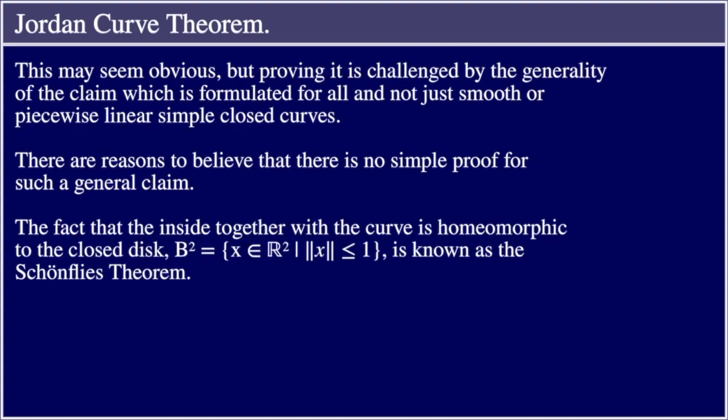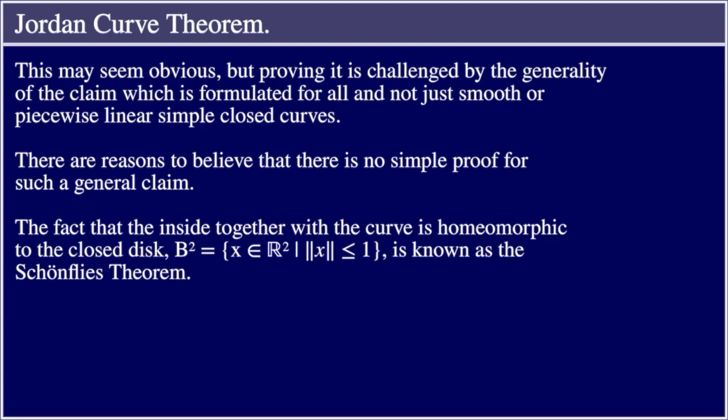This may seem obvious, but proving it is challenged by the generality of the claim, which is formulated for all and not just smooth or piecewise linear simple closed curves. There are reasons to believe that there is no simple proof for such a general claim. The fact that the inside together with the curve is homeomorphic to the closed disk, B2 equals the set of x a member of R2 such that the norm of x is less than or equal to 1, is known as